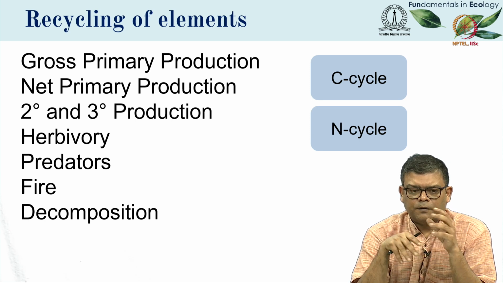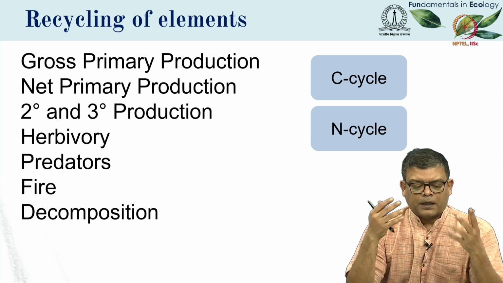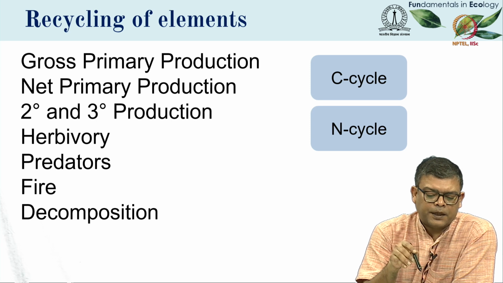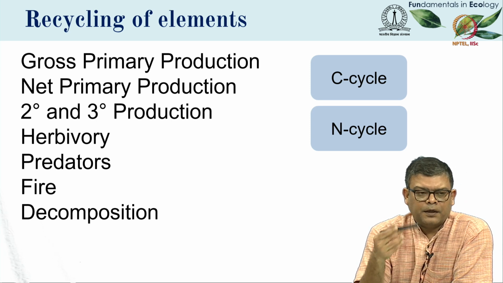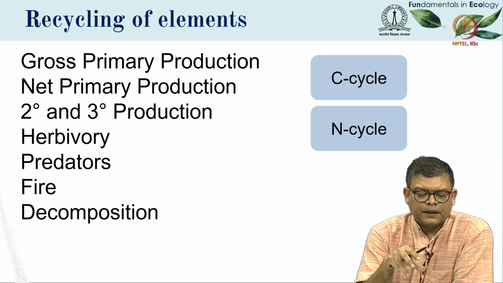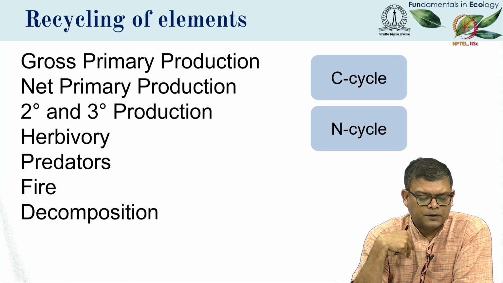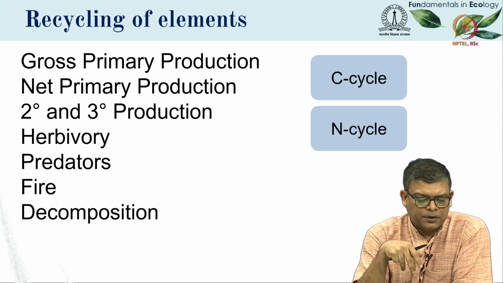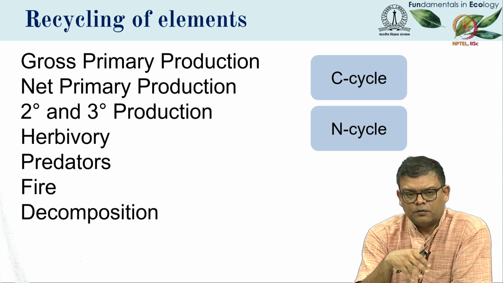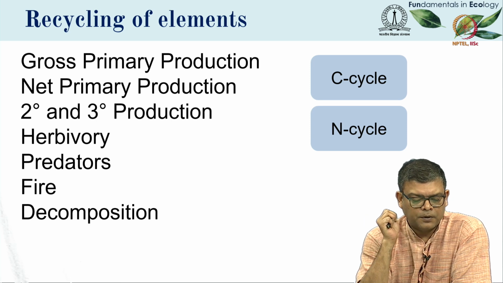Now plants use some of the material to sustain themselves, and what is left behind as plant biomass is called net primary production. In many ecosystems, this net primary production can be handed over to consumers. These consumers take the plant material and use the energy in it to build their own body mass as well as support their metabolism. So those consumers are the secondary producers, such as the herbivores. Now you can have predators or carnivores which can consume these herbivores. So you have primary, secondary and tertiary production.